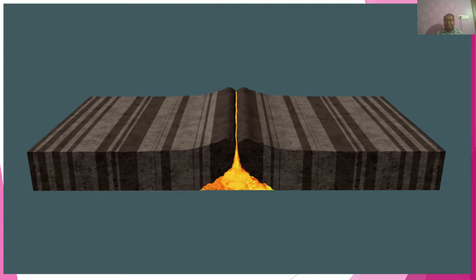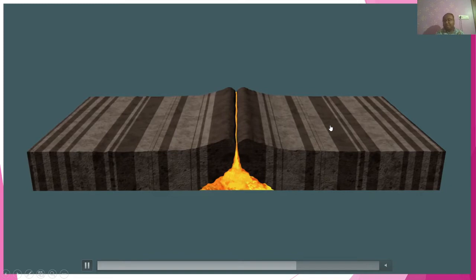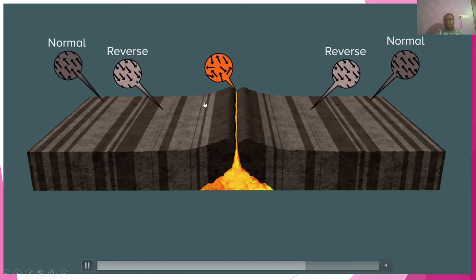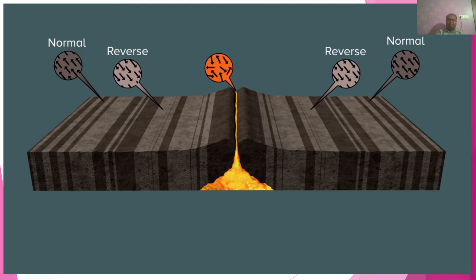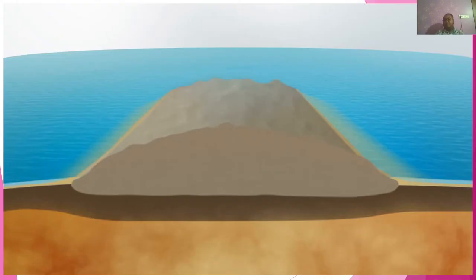subside in the ridge. So these movements of normal and reverse we can see, but in reality it is impossible to visit, in reality it is impossible to see. Okay, these are all based on theories and concepts, that yes, these things are happening. So different types of rock aging and formation we can see, but this is in the case of ocean